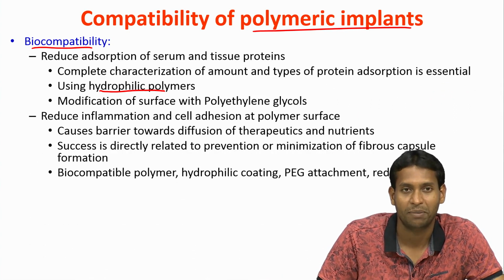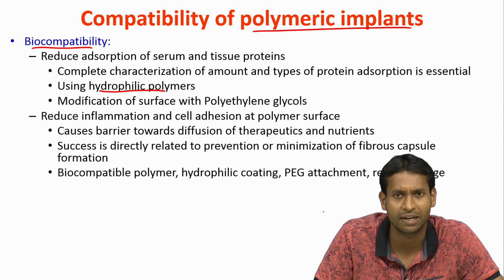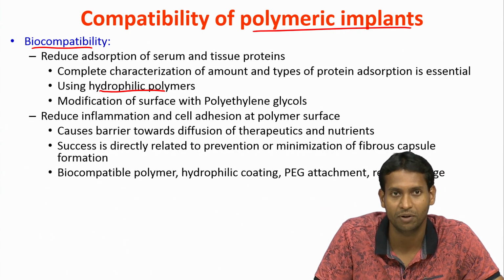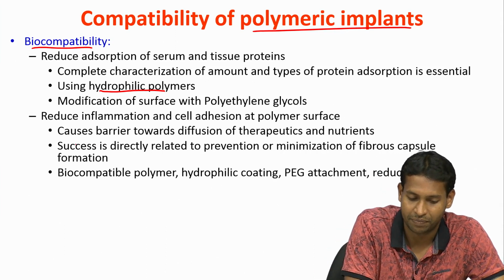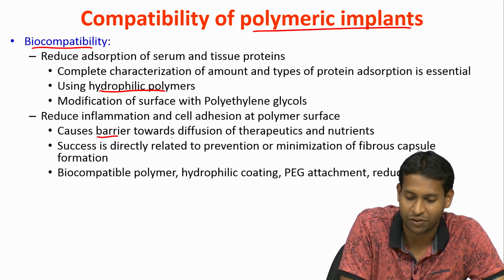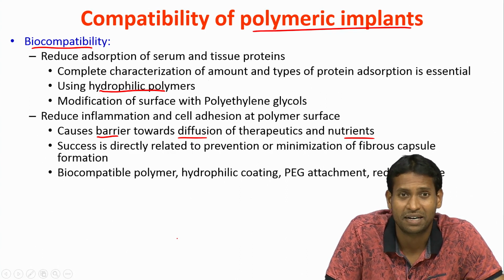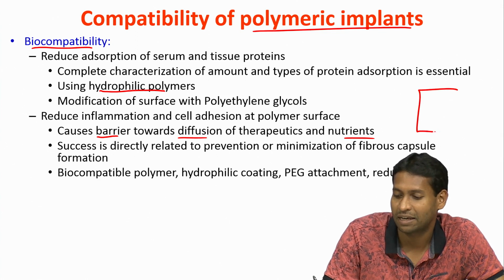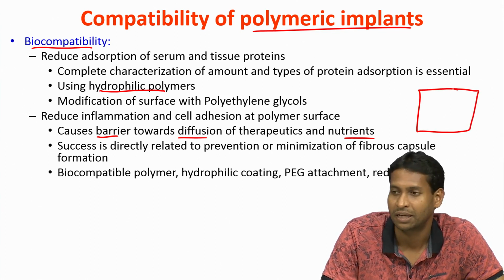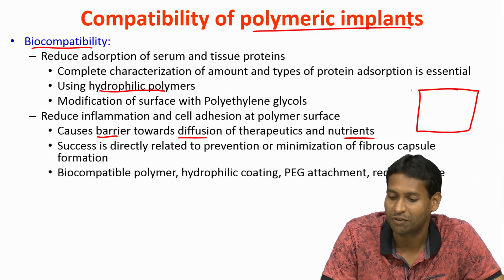Then what about inflammation? So, it should reduce inflammation and cell adhesion at the polymer surface. So, it goes hand in hand with the protein data we already talked about, but even then it should reduce inflammation as well. So, that will allow the barrier to not be formed in terms of diffusion of therapeutics and nutrients in and out, and success for these implants is directly related to how much you can minimize the fibrous capsule, because if the body can't degrade it, and if the body does not like it, then it will try to wall it off, as